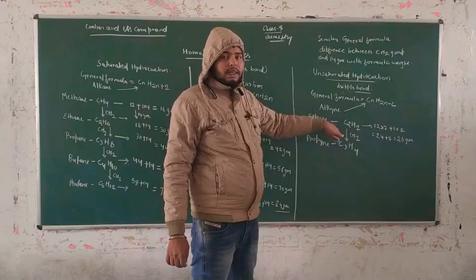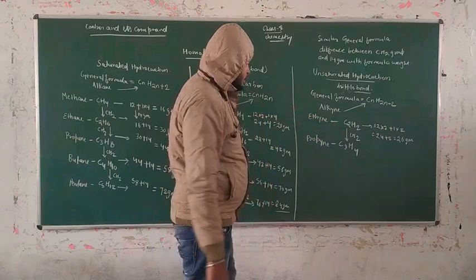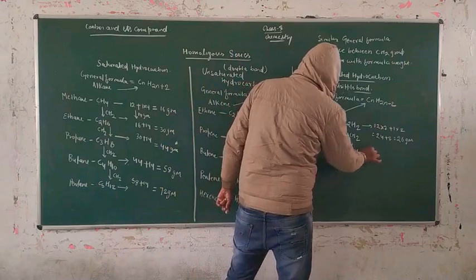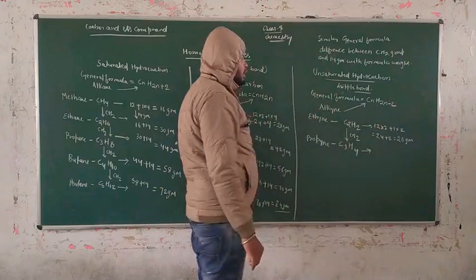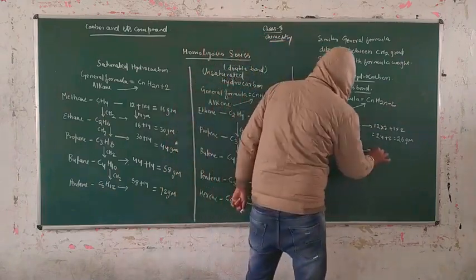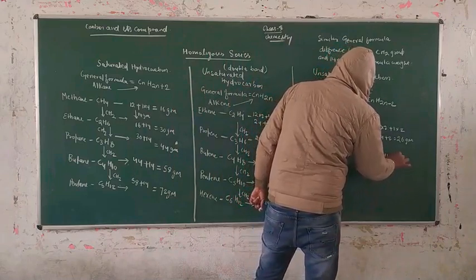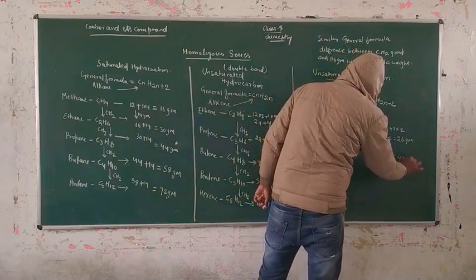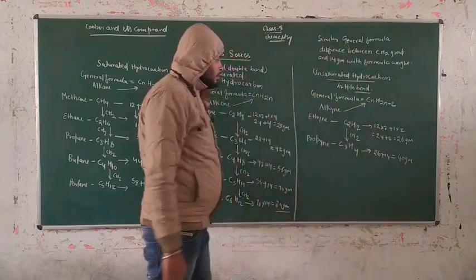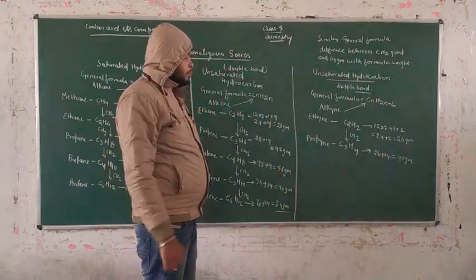We have to understand it from the previous section of the video, guys. Now we have to take the atomic weight, that means the formula weight. We have to add 14 in this, 26 plus 14 is equal to 40 gram, and this 40 gram is the weight of propyne.